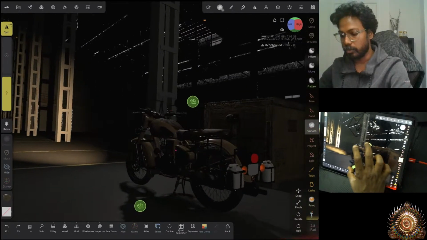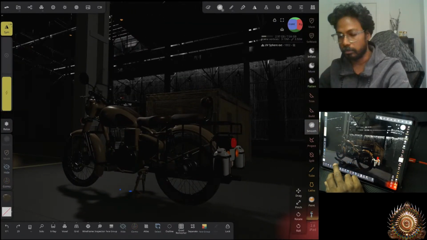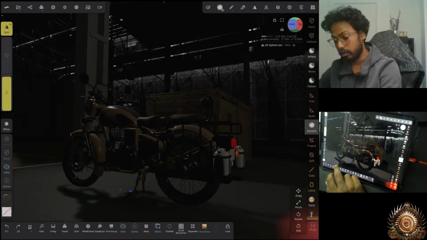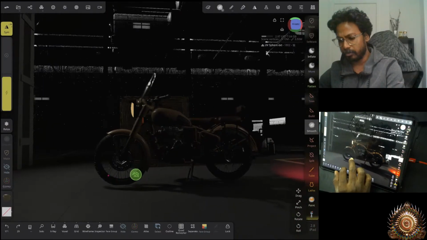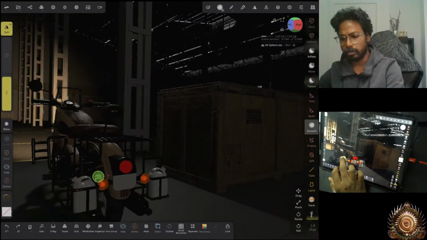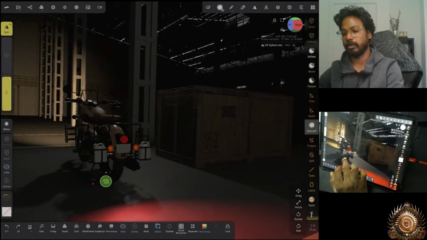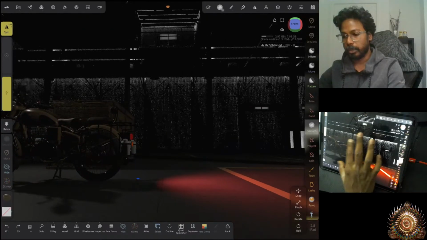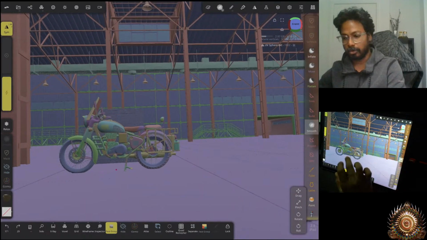If you guys didn't know, I previously created this Royal Enfield model. If someone wants to learn how I did this, put it in the comment section. I can cover that in a different video. But I was trying to find some environment where I can put it to create some visual images, but I couldn't. But eventually, recently, I found there are a lot of